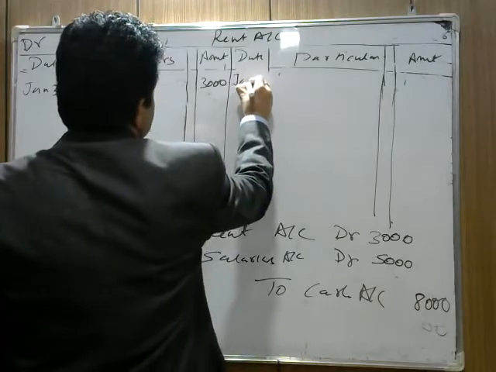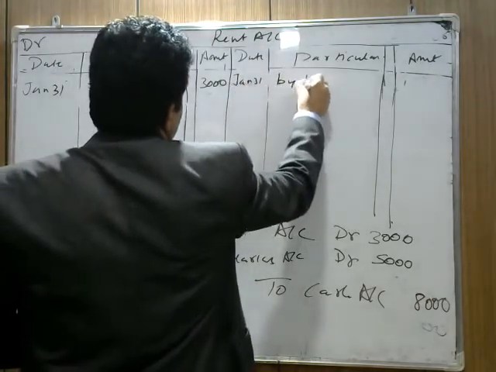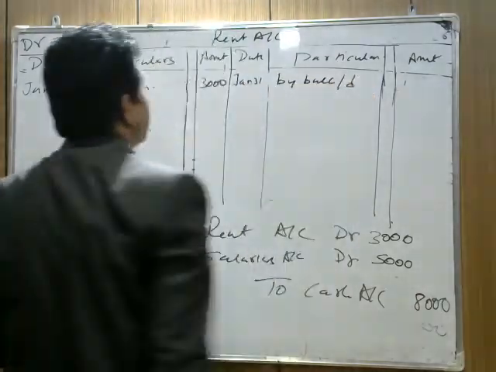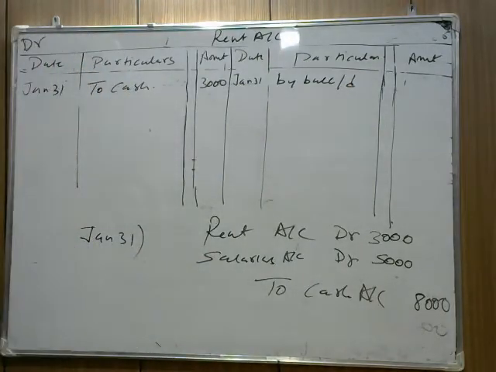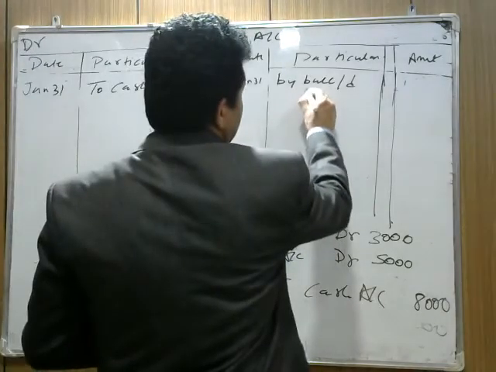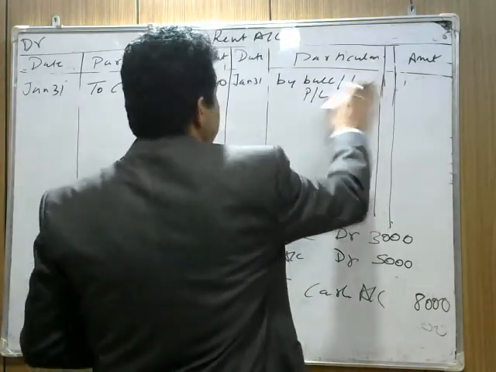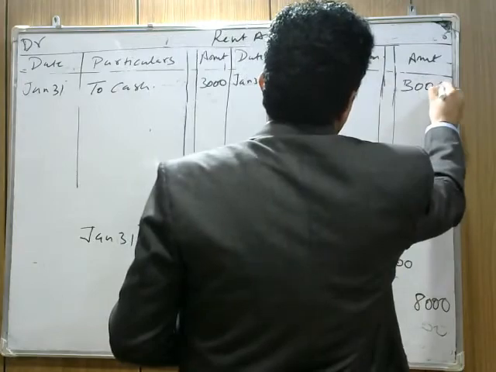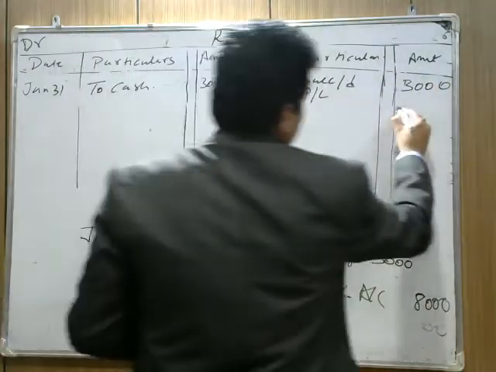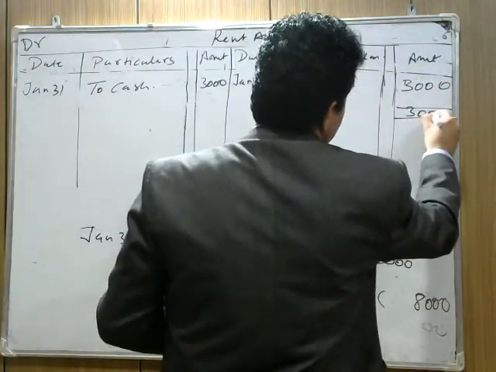So Jan 31st again we write by balance close down. और वैसे भी रेंट जो होता है हम ट्रांसफर करते हैं पीएल में, वो मैं आपको उसके बाद पढ़ाऊंगा. When we prepare trading and PL account, when we teach you the concept of final accounts, then हम उसको करेंगे. Till then you write by balance sheet here. We also write by PL. तो हमें PL account अभी नहीं पढ़ना है, बस understand balancing first. We write 3,000 here. Okay, and the close 3,000.